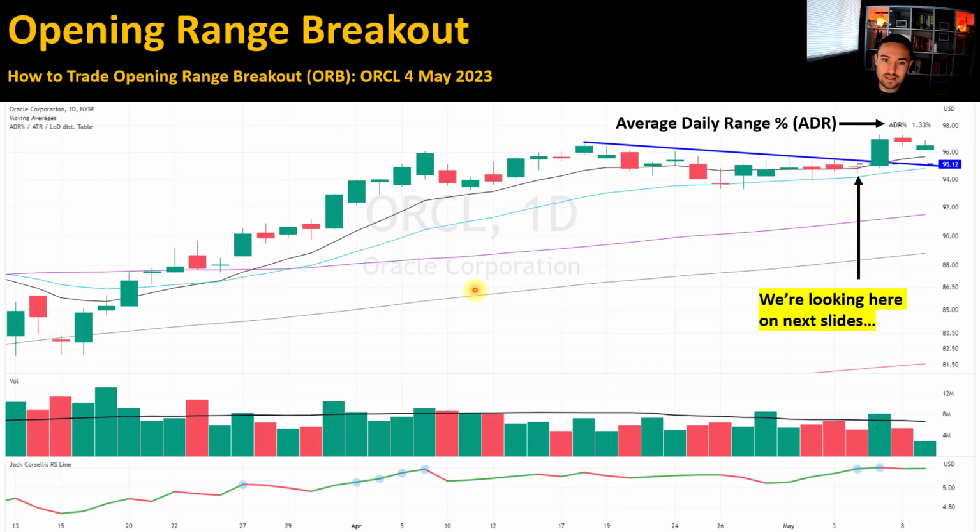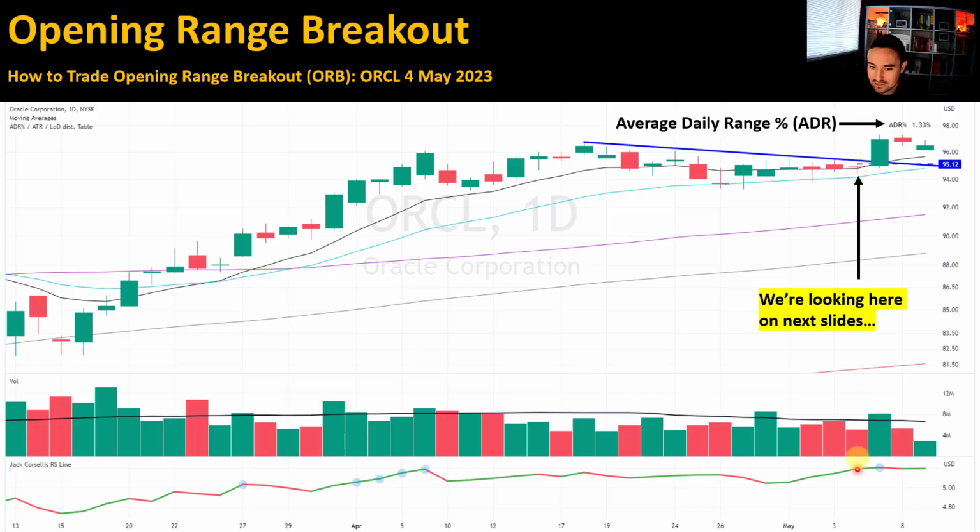Let's go on to another one, and then I'm going to finish this one here with just teaching you about opening range breakouts, and we'll specifically look, because we haven't done it so far, at the 1 minute and also the 5 minute chart. So this is Oracle here, okay? Slow stock, ADR is 1.33%, so it's not going to be the best trading stock, but it's a good example here, okay? Good move here, bounces off the 21-day EMA, nice shakeout demand tail, tight bar,